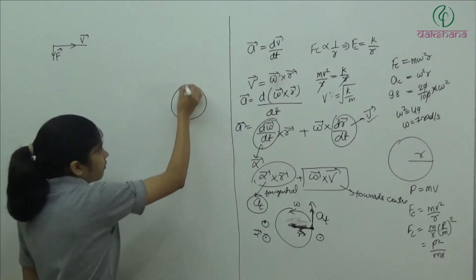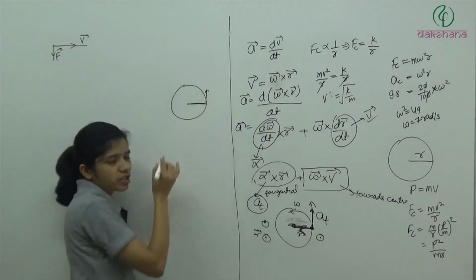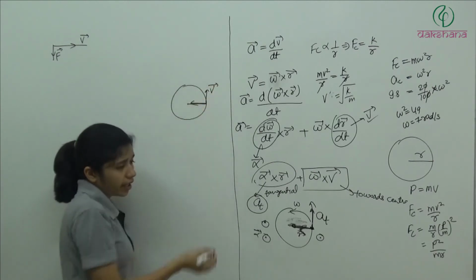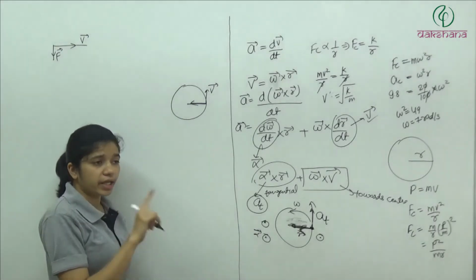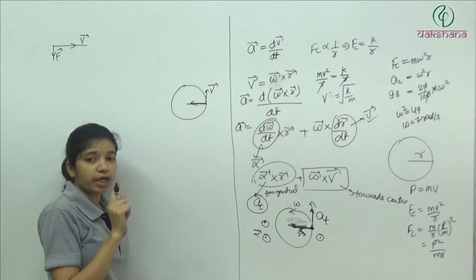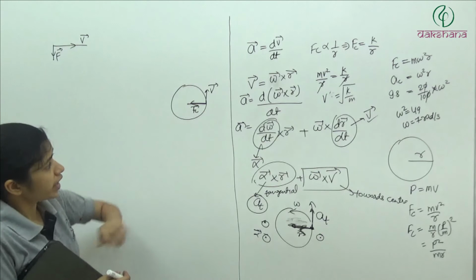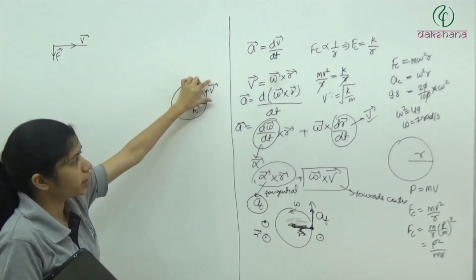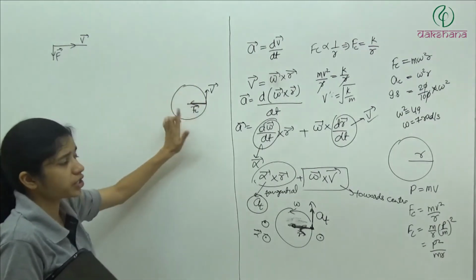So when we are talking about circular motion, the particle is moving like this and this is the radius of curvature. Okay? So here this is the speed of the particle and some force is acting on it which is trying to turn this particle in a circular path. The force responsible for turning this object into a circular path is this centripetal force. If there is some force in this direction, it will simply increase or decrease the magnitude of the velocity, clear? But the force which is responsible for changing its direction is centripetal force.